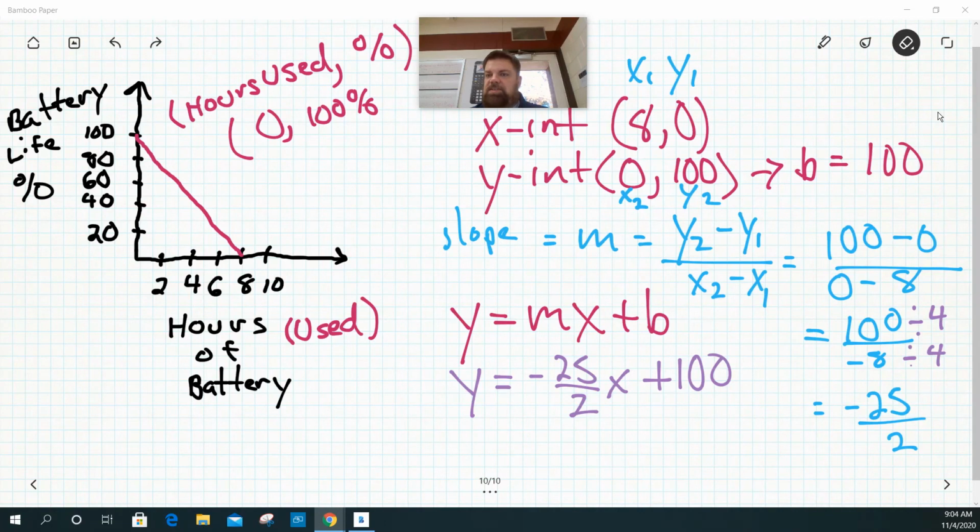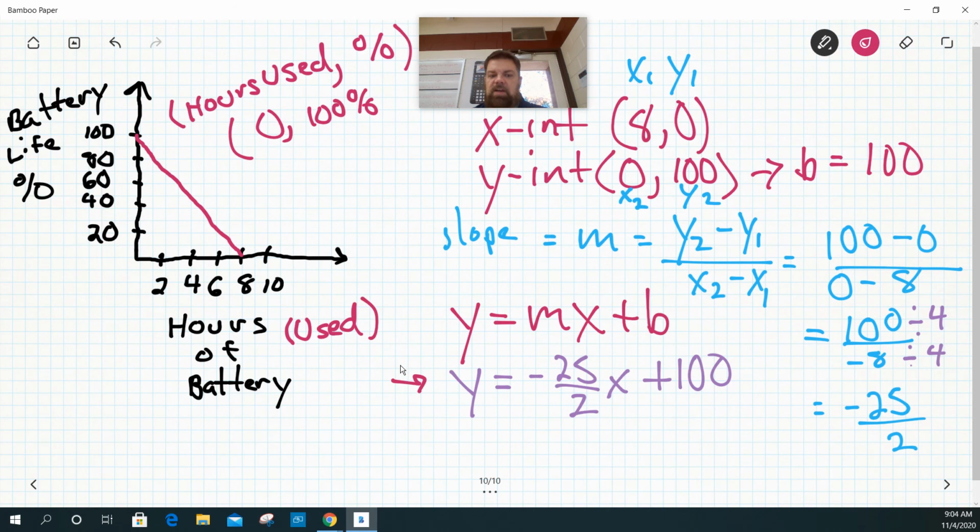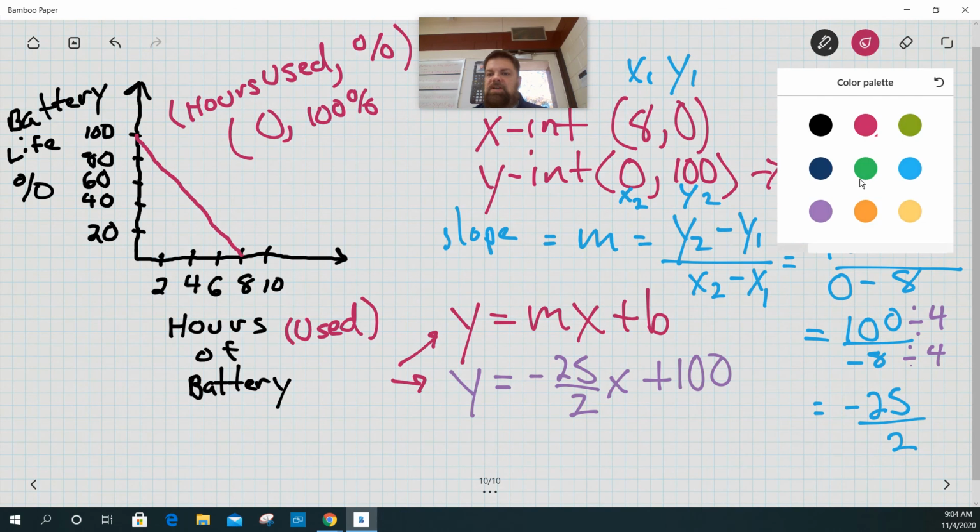So for this right here, this right here is what we call the slope-intercept form, right? This is the slope-intercept form, but there's another form that we call the standard form. So the standard form,